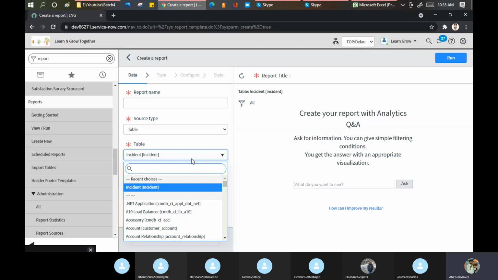To get one record, I am combining three different tables. And these tables have been extended from the task table, at least incident and change. In this case, can you imagine how much it impacts my system performance?